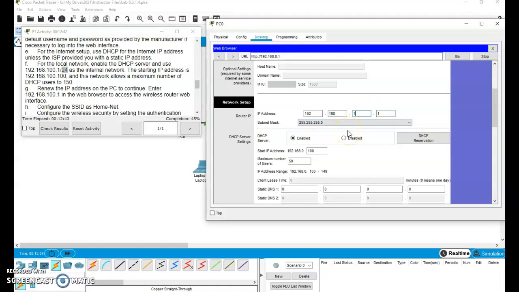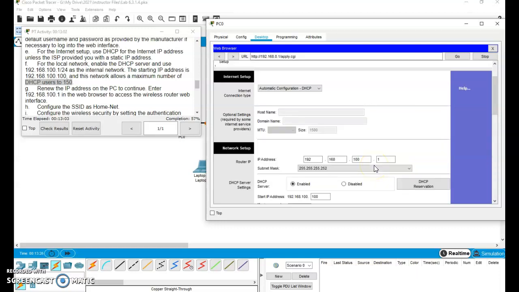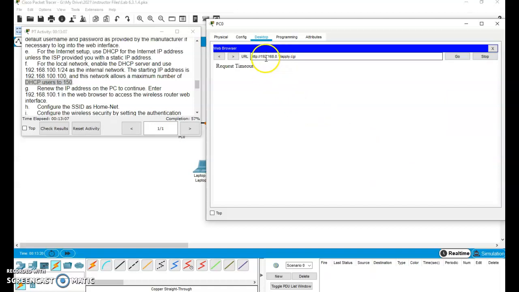So I'm going to change that to 100. And I want my maximum number of DHCP users to be 150. So I'm just going to put a 1 right there. And I'm going to scroll all the way to the bottom and save my settings. Now when I save my settings, I will lose connection. Why? Because my router address is not